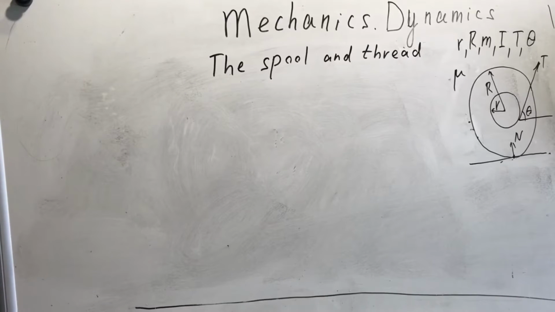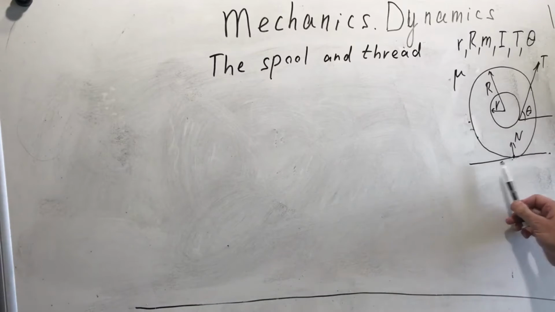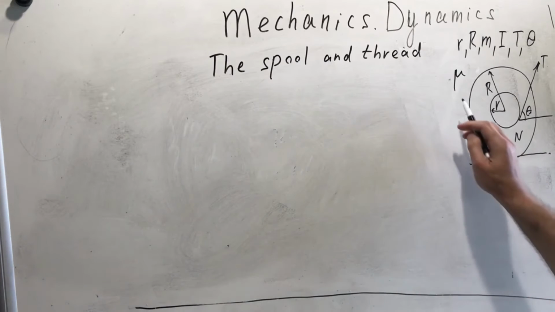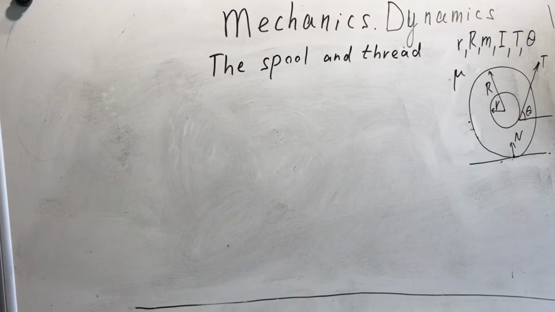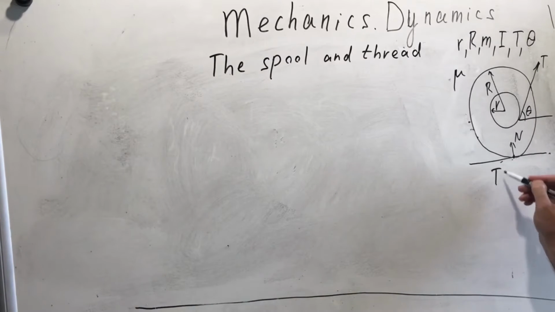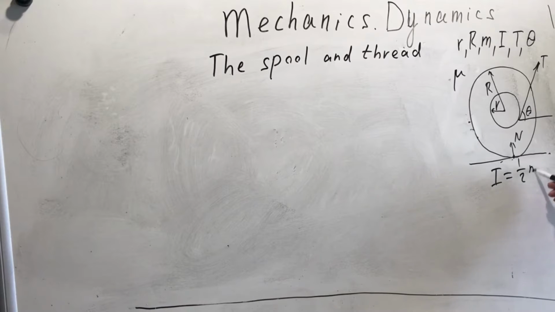Mechanics, dynamics. The problem about the spool and thread. We have a spool with the outside radius R and the inside radius small r, and we have thread which is wrapped around this small circle. We put all this construction on the table with the coefficient of friction mu. This spool has mass m, and it has a moment of inertia I equal 1/2 mR squared,